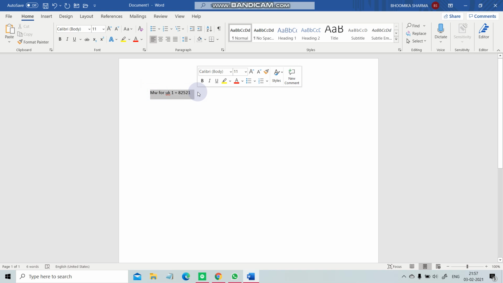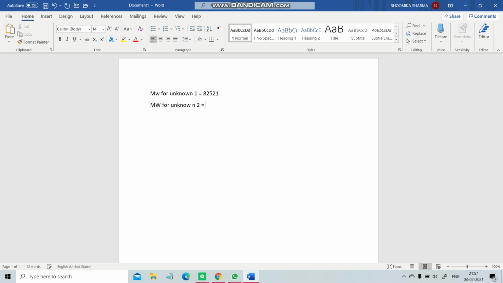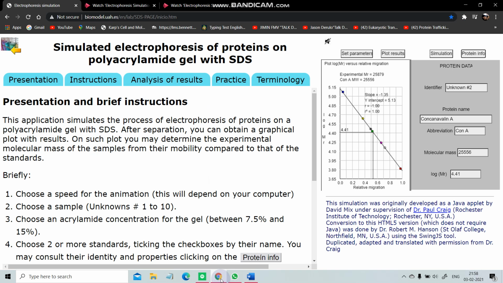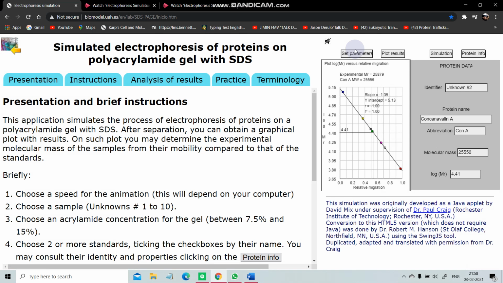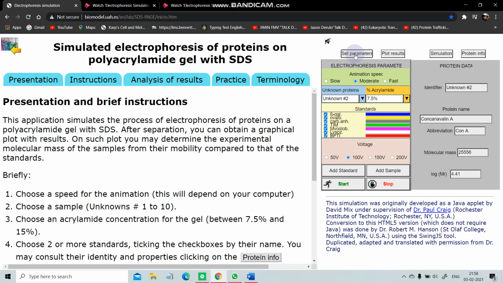I will just enlarge this for my convenience. Unknown. All right, and for unknown 2, the molecular weight for unknown 2 is equal to, just a sec. All right, so for unknown 2, it is coming out to be 2,556. All right, so after doing so, we will go to parameters, and then we will click on unknown concentration 3,